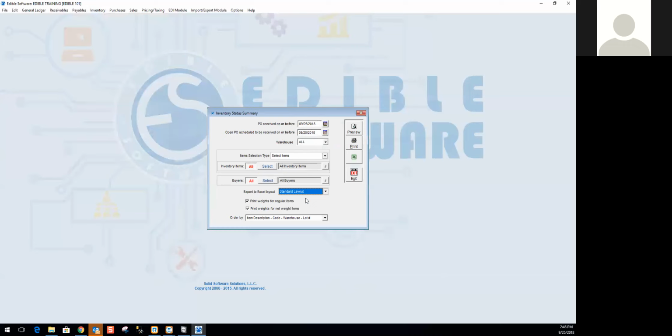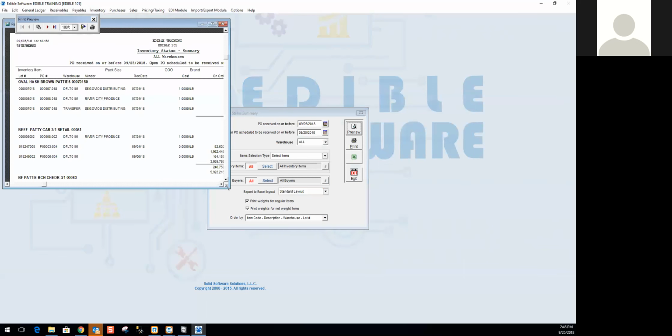I'm only going to run the standard layout, so for those of you who are interested in the flat or the flat with subtotals, please run those and let me know if you have any questions. And then, of course, I have my order options. So here, and again, I can choose for all warehouses or individual warehouses. But when I click preview here,